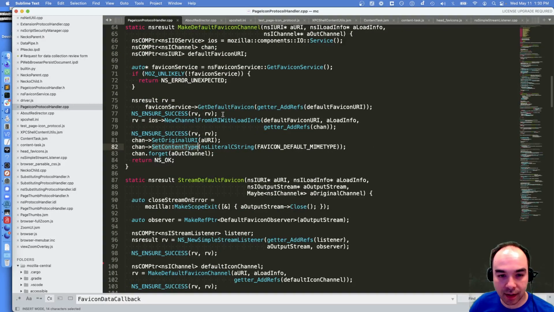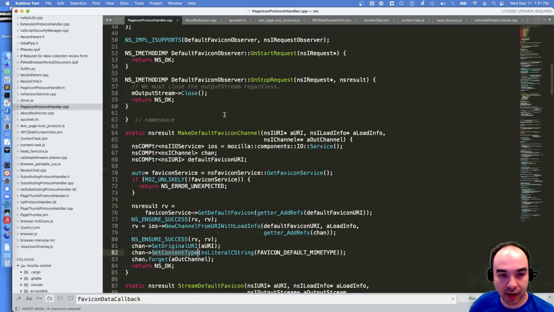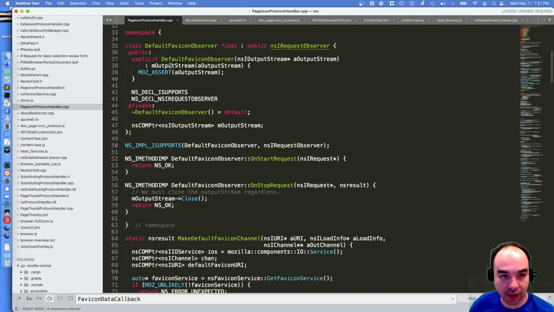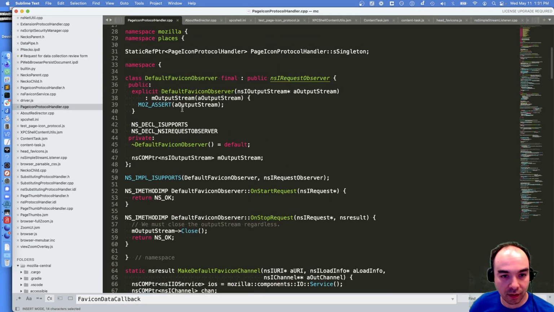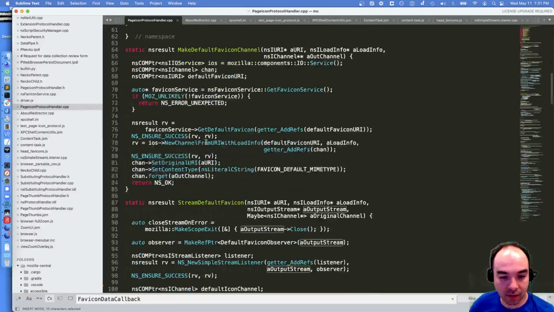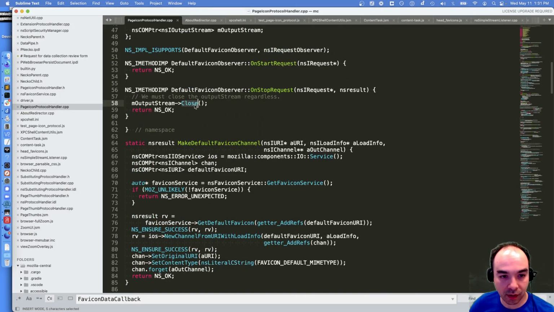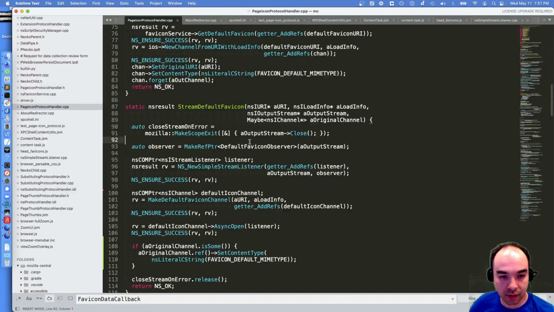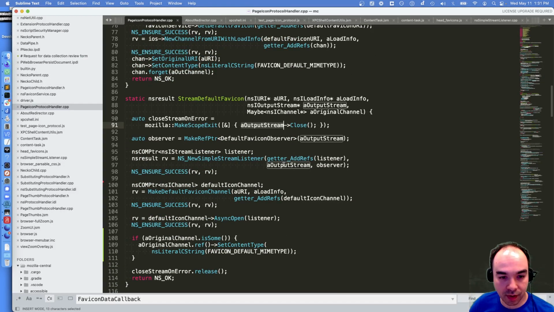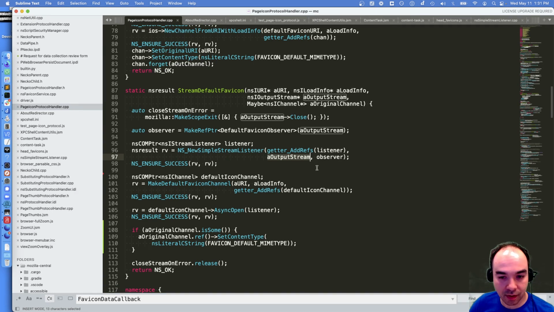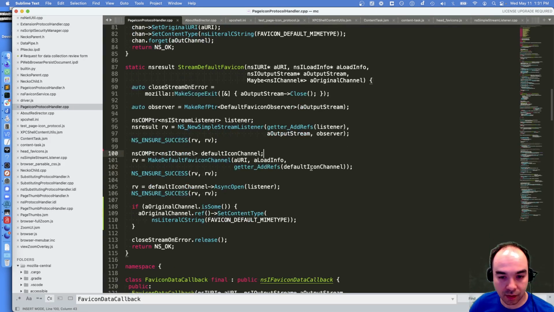We don't get to see the writing of the default favicon. Output stream is here. It's only whenever the listener says it's complete that we close the stream. Output stream, simple stream listener, observer, and we close default icon channel.